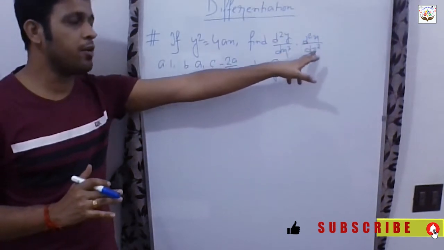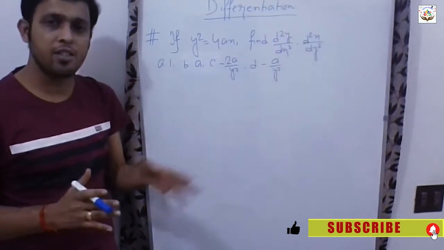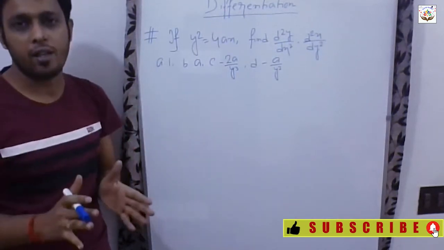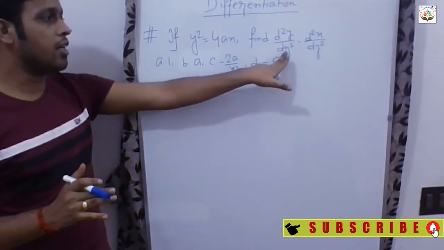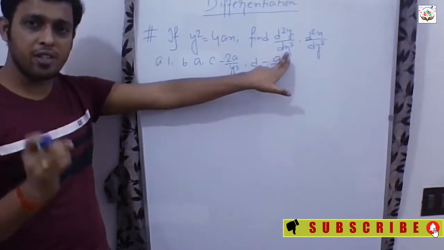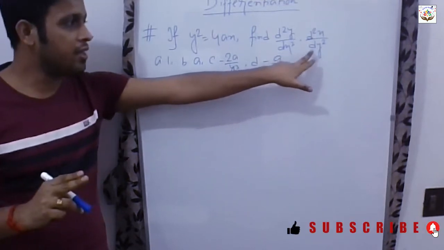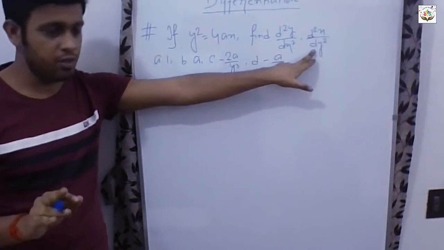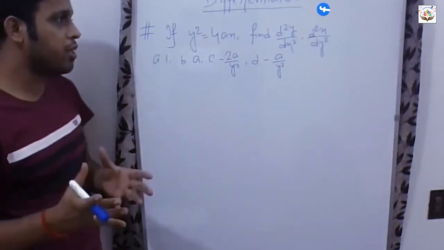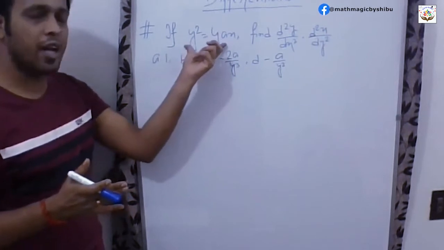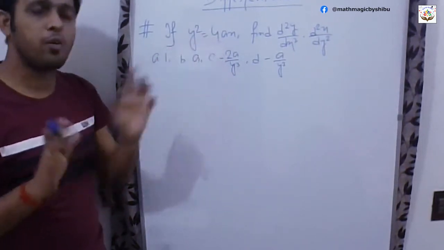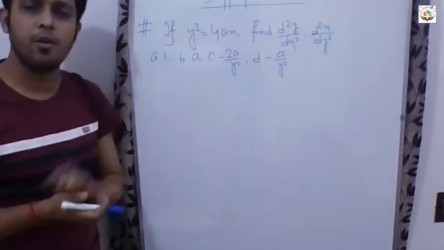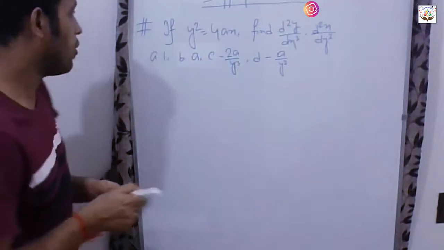And what is d2x by dy square? That is when a particular function is differentiated twice with respect to y. That means this one is when the function is differentiated twice with respect to x, and this one is when the function is differentiated twice with respect to y. That's the difference. Okay. So at first we will proceed by differentiating both the sides of this expression with respect to x. Then we'll see how we can get the value of d2x by dy square. We'll move gradually, right? Okay, let's see.